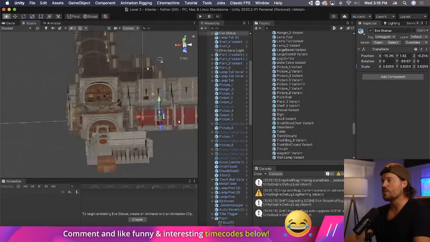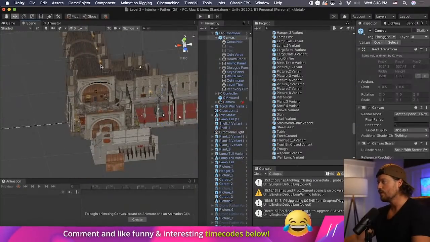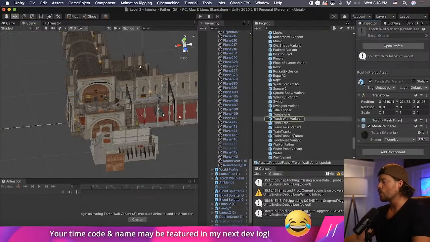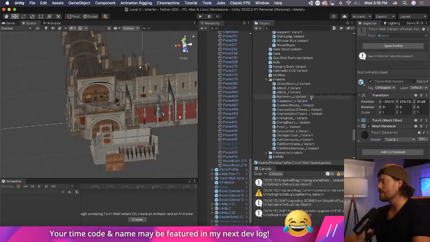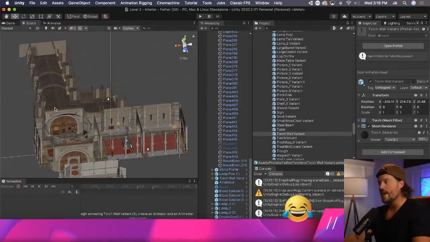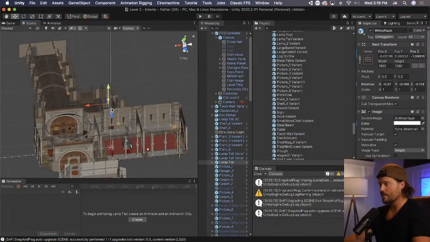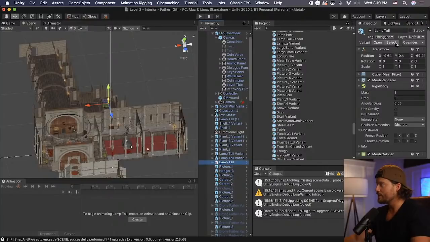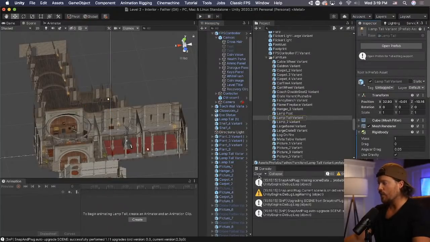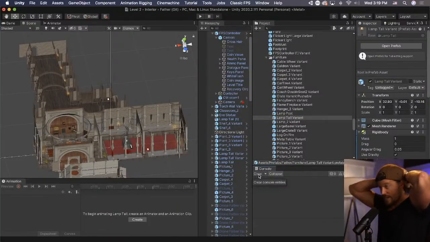Hey, that wall torch. Let's take a look. Okay, this torch here is torch wall variant. So we can take that and just put it in our furniture. And this lamp here, let's double check. I know I like this lamp. This is one of my favorite lamps. And it's good to go. Okay. So the next process, the next thing I want to do is just create some other